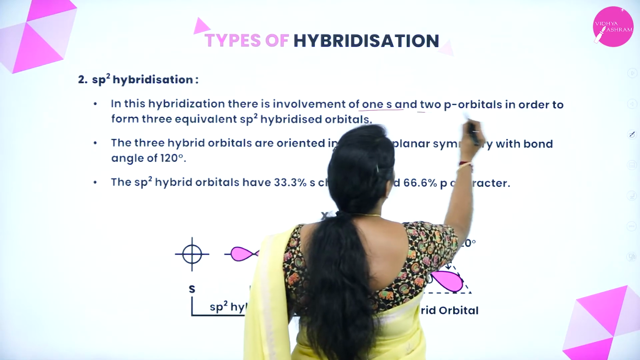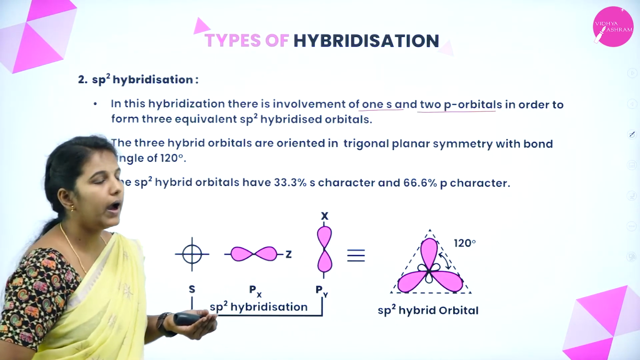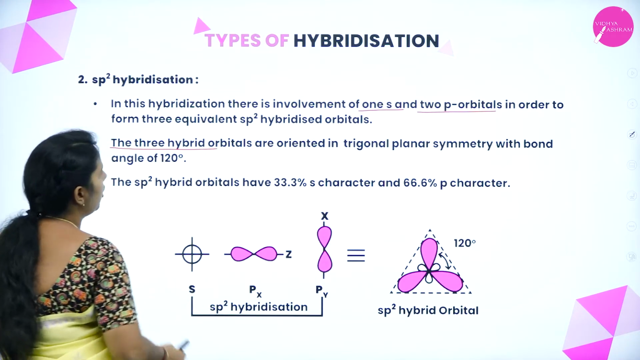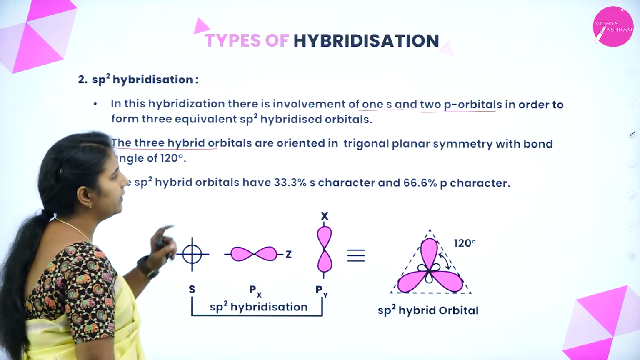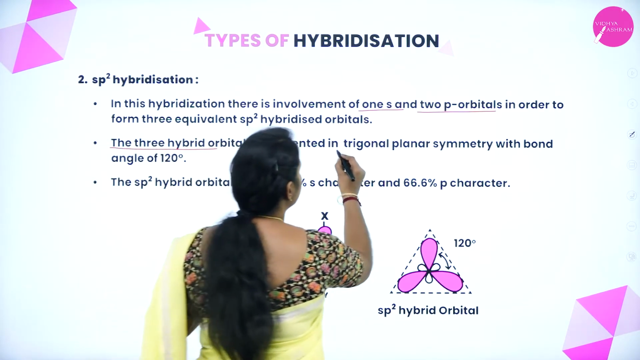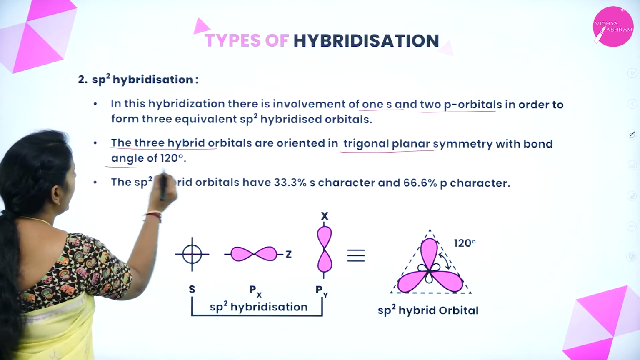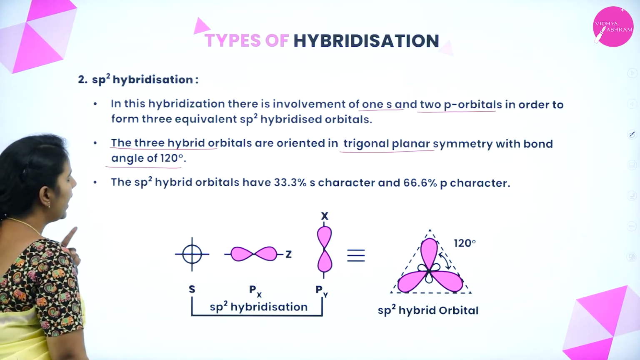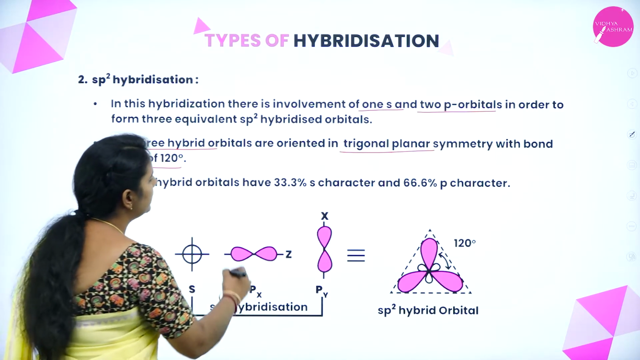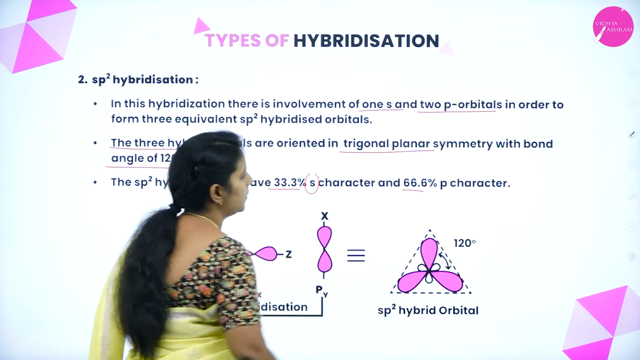One s and two p orbitals in order to get what? sp2 hybrid orbitals. And the three hybrid orbitals are oriented in the trigonal geometry. It is very, very important. Trigonal planar geometry, with a bond angle of 120, and an sp2 hybrid orbital has what? 33% of s character and 66% of